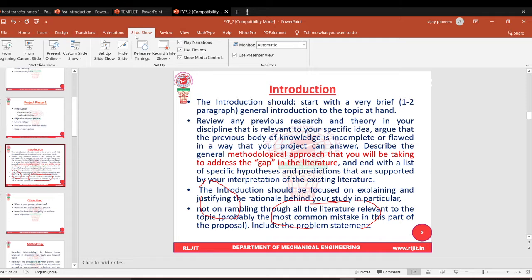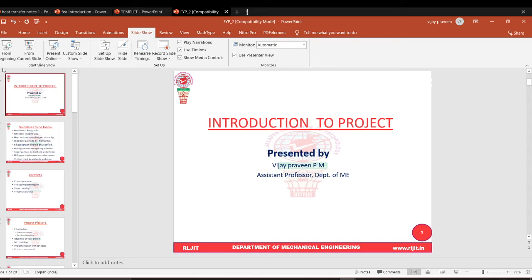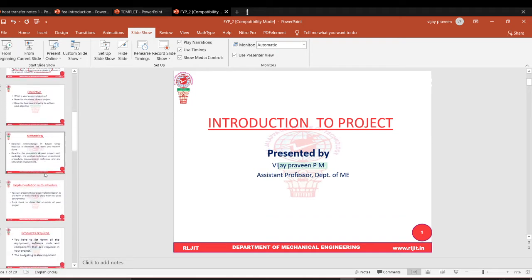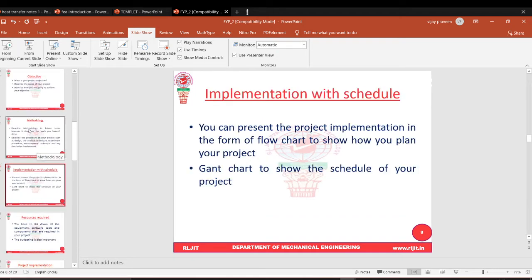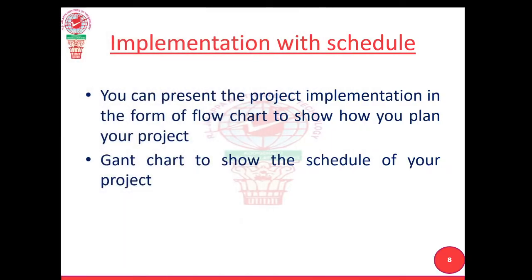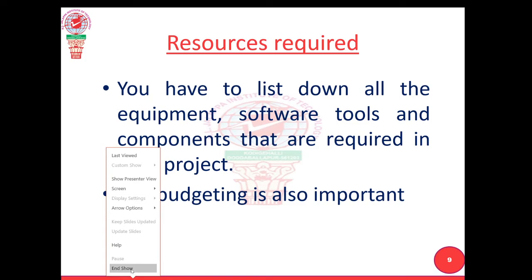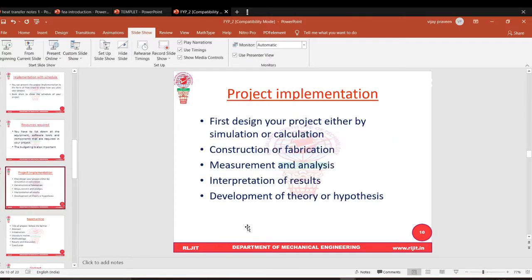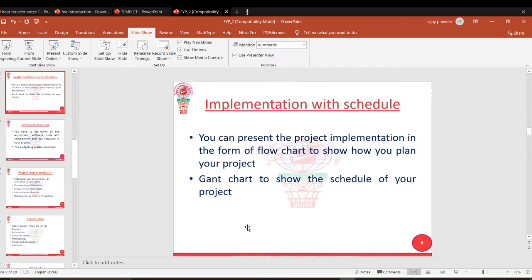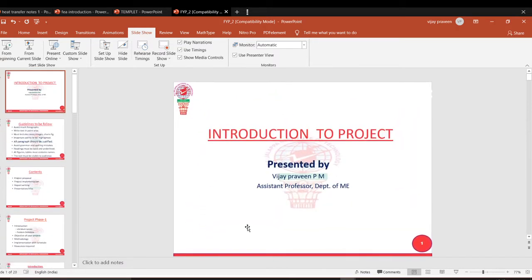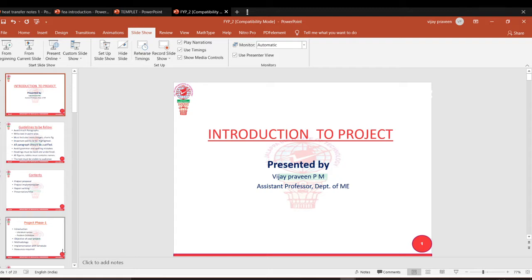Let us keep going. So this is about the slideshow from the beginning and from the current slide. Always when you are going to present, you have to start from the beginning. Suppose I need to explain from this slide only, then you have to go for current slide, or you can use the option called slideshow. If you want to exit from this, you can click here and end show, or press the Escape button on the keyboard. The slideshow will end. So that is our thing.